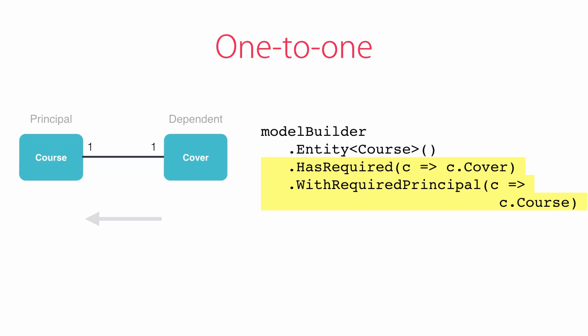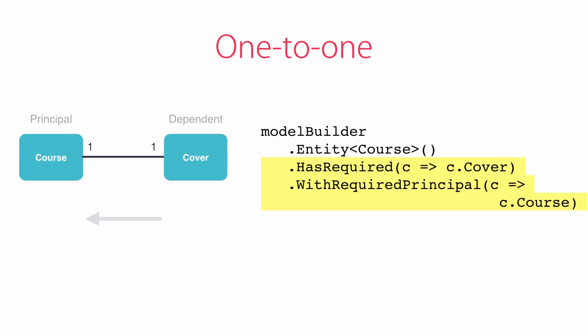What I want to clarify here is when you are in a one-to-one relationship, you can't use HasRequired and WithRequired alone, because Entity Framework doesn't know which one is the parent. And this is crucial because when you're adding records in your tables, Entity Framework should create the parent record first before it can create the child record. That's why in a one-to-one relationship, you need to call the WithRequiredPrincipal or WithRequiredDependent method,